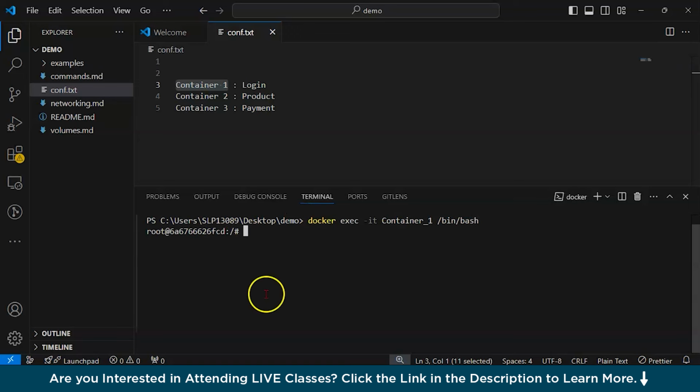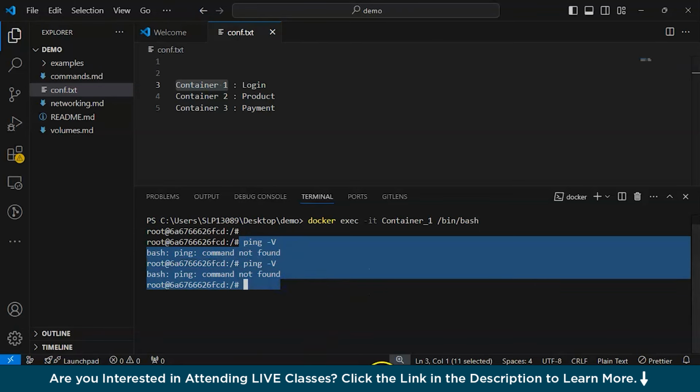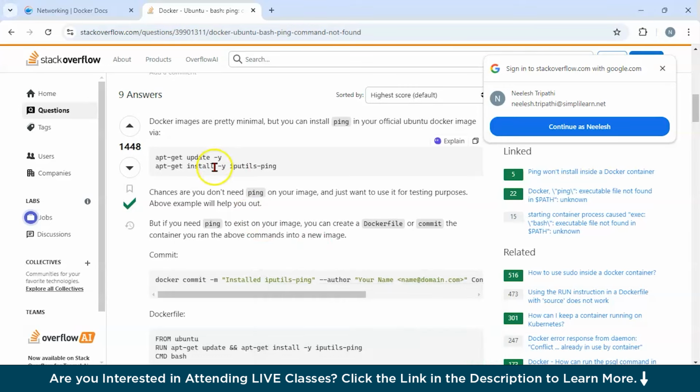Now we are inside our container1, and here if I type ping -v, you can see that ping is not installed on this container. So directly go here,